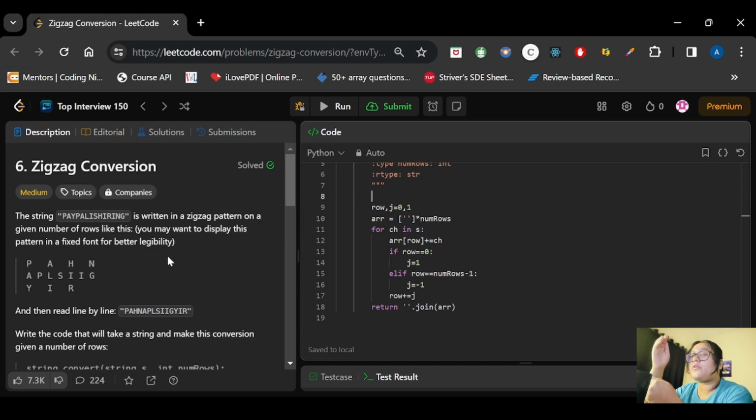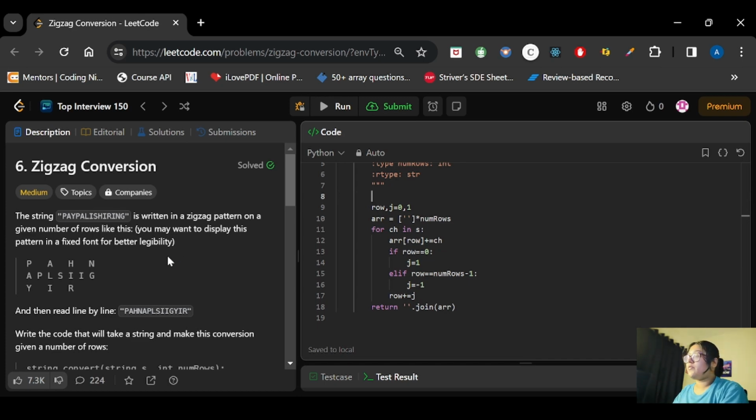If we have 10 characters in a word and the number of rows is also 10, then whatever characters are there, we will be adding them one by one. So similarly we will get the original string only.